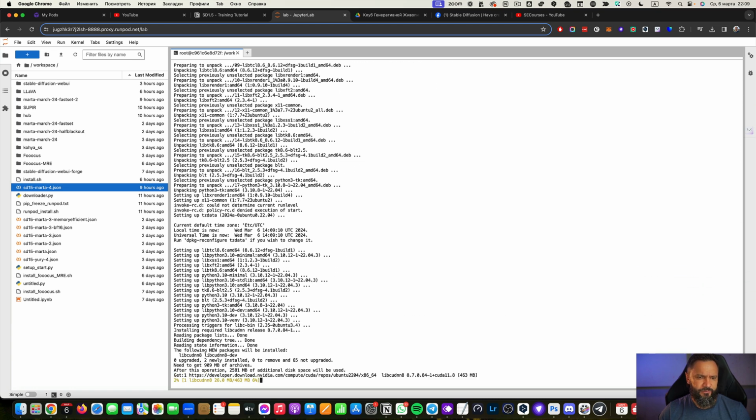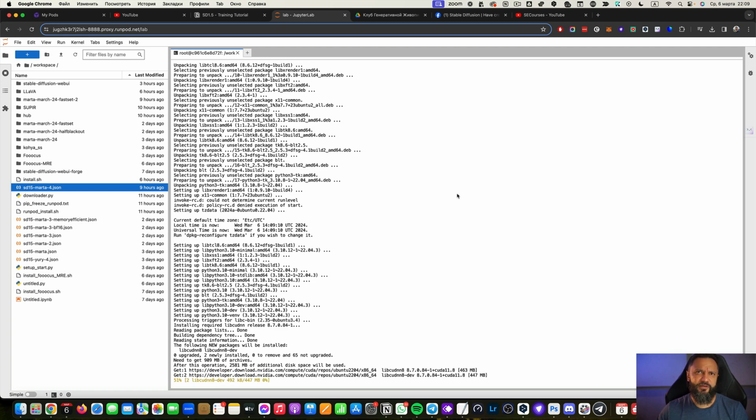But if you use a network drive like I do, you will have Kohya already installed after the first time, and if you run this command a second time, it will just start Kohya, and it will take much less time, maybe around 1 or 2 minutes. I don't know exactly. So right now it's running, and while it's running,